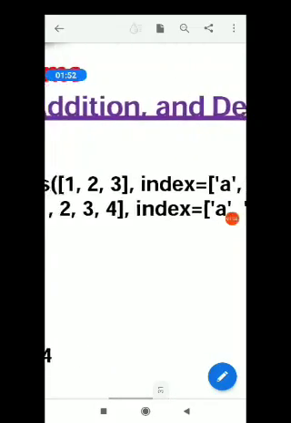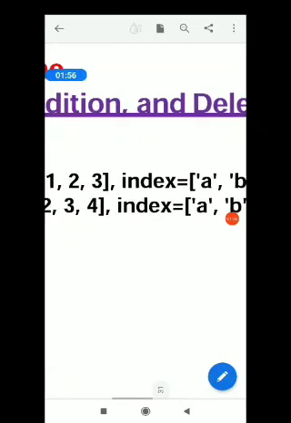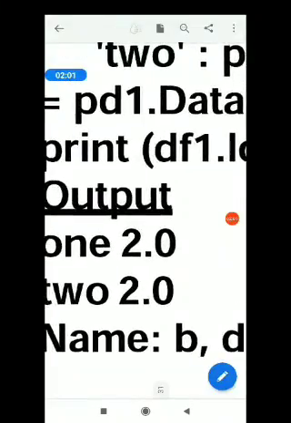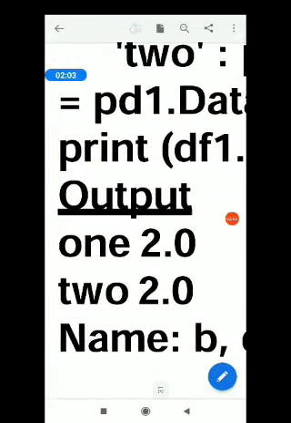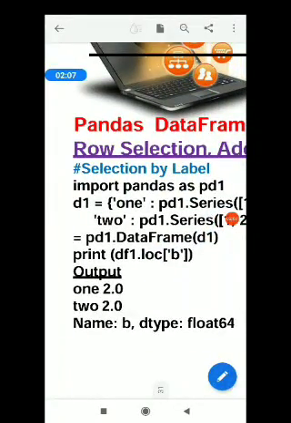So for the first series it will provide us 2, and for the second series it will provide us again 2. You can see the output here. So this is a simple program through which we can select the row.